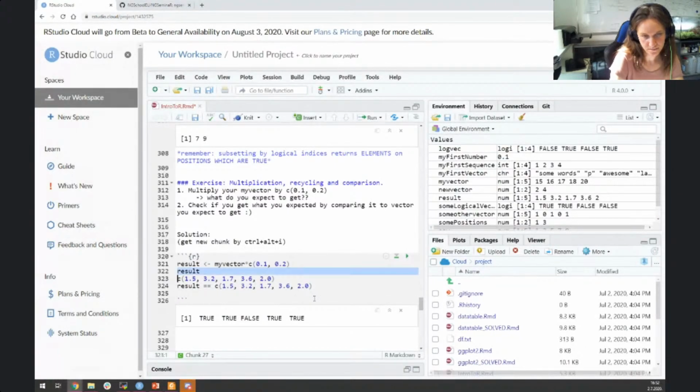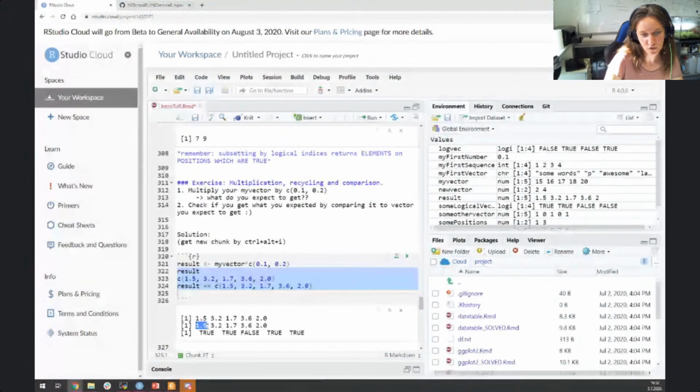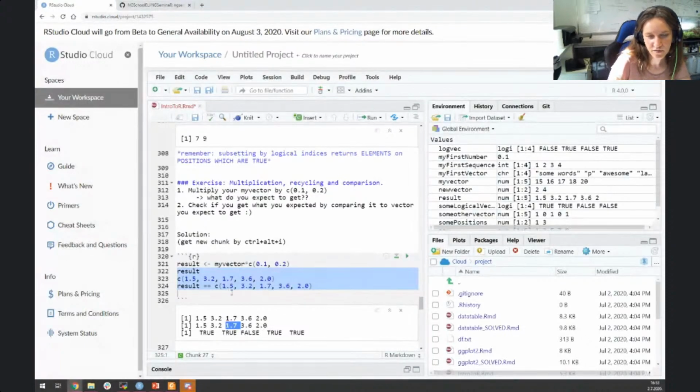So how can this be? Okay, let's check again. Did we copy something wrong? Probably, but we didn't. In the result, 1.5 is equal to 1.5, which we expected. Okay, 3.2 is also true, but 1.7 from the result is different than 1.7 that we copied. Although it looks to us as if it is the same number, this is a very big, well, it's not a problem. It's just a very big